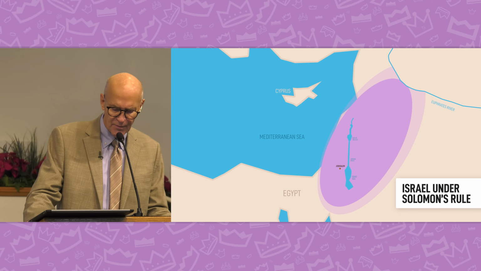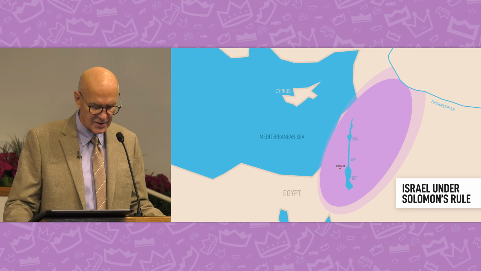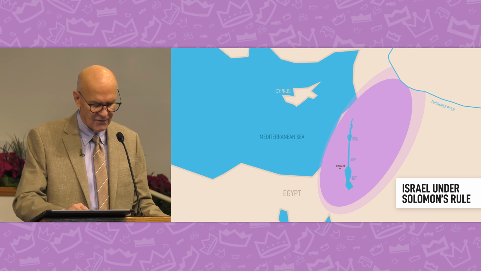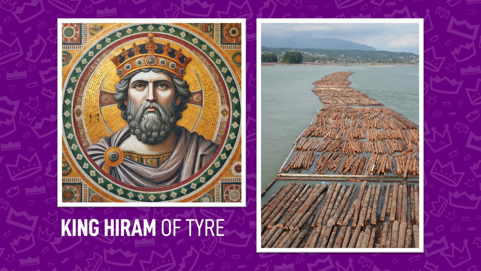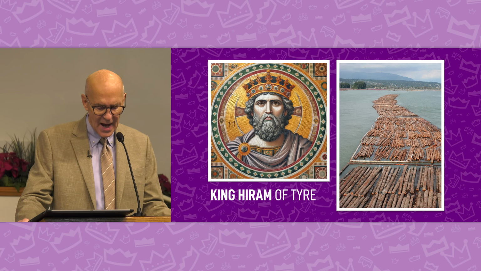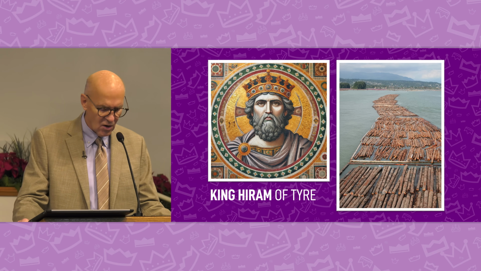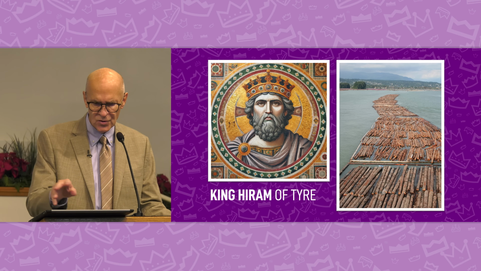It details the preparations that Solomon made in order to build the temple, which was the central project of his reign. Some of the things that he did, he made an alliance with Hiram, king of Tyre. Solomon forms an alliance with him in order to supply cedar and cypress wood from Lebanon. Hiram's skilled craftsmen also contributed to the building project, and in the slide you see the picture of the logs.